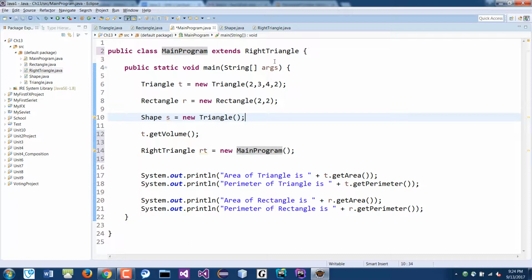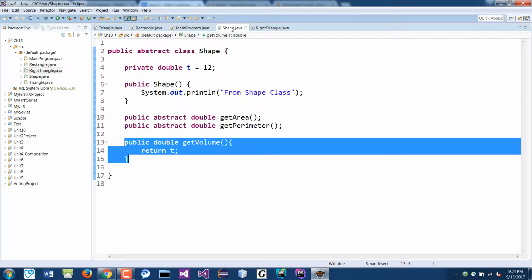Okay? Are we good with this? I know it's convoluted, but you can see how you can move up and down, you arrange all these different methods around to make all this work. So now I'm going to show you why it is important to have the shape class